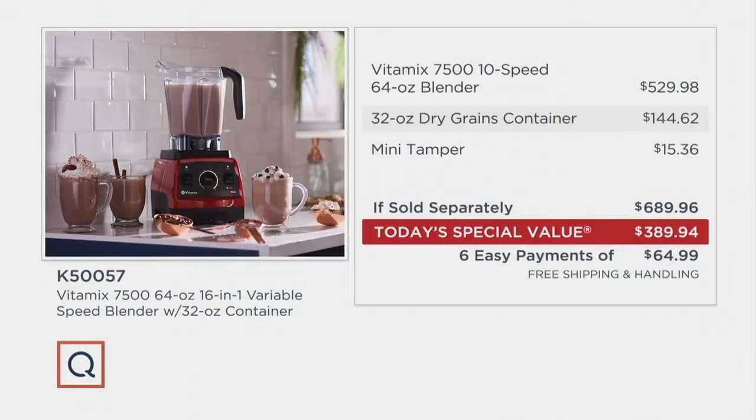Here's your value story. Go to retail to build this identical offer. You're going to pay almost $690. You're 4 pennies shy of it. We're going to save you $300.02. And then with the free shipping and handling, how do you feel about saving $321? Because we're a penny away from $321 savings delivered to your door in the color of your choice,